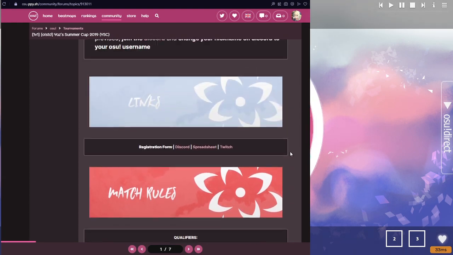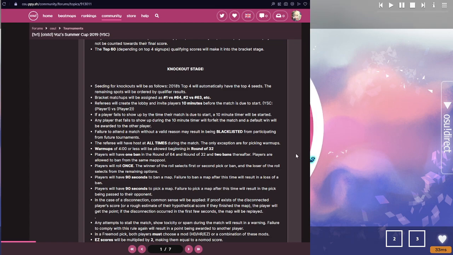Okay, so with that, if we keep scrolling, these are actual match rules. So at the start of your match, I think matches are like 3 different stages. So there's pre-match, which is where it says here players will roll once. So in a multiplayer chat, if you type !roll, then you can roll a random number from 1 to 100 through the actual server, through BanchoBot. And whoever rolls highest,